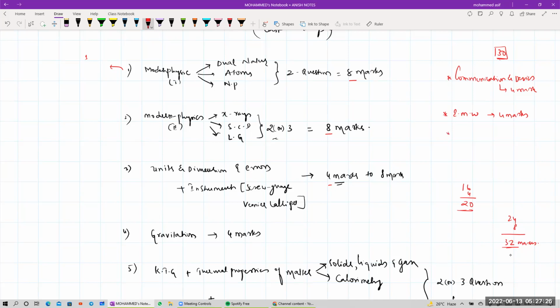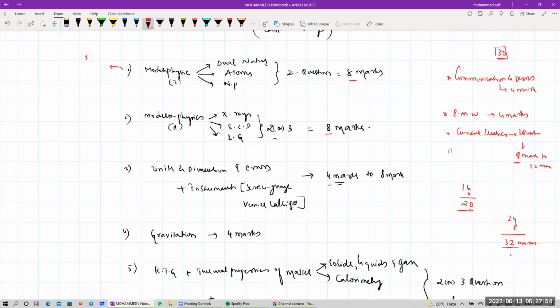Okay. Yes, sir. Next one is your current electricity. Current electricity, you need to revise it. You will be getting 3 questions from this one. On an average, 2 or 3 questions, the weightage of this one is 8 marks to 12 marks. Yes, sir. So anyway, this is 8, this is 8. I'm taking 8 marks only in this one. I'm not taking the 12 marks. 8 and plus 4 plus 4, 8.